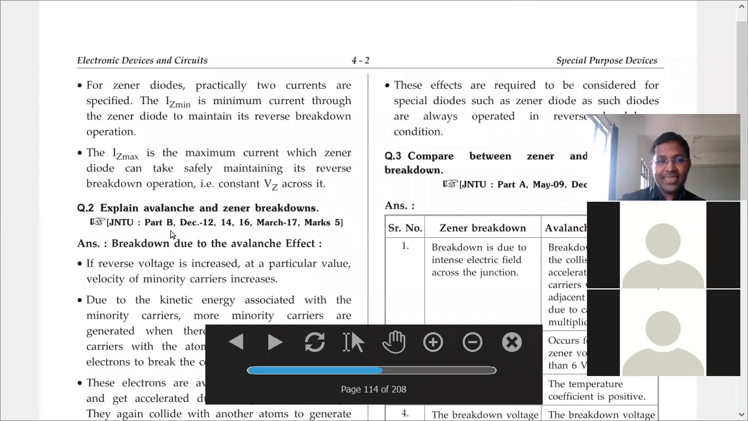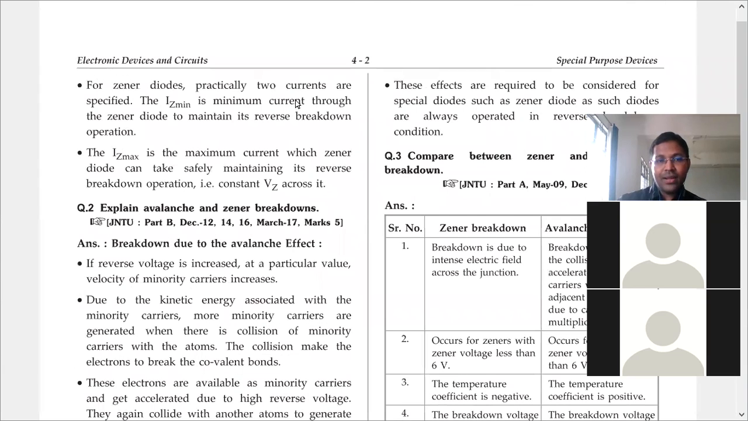So what are these Iz min, Iz max? Iz min is the minimum current through the Zener diode to maintain its reverse breakdown operation. The diode has to be in the reverse bias. Iz max is